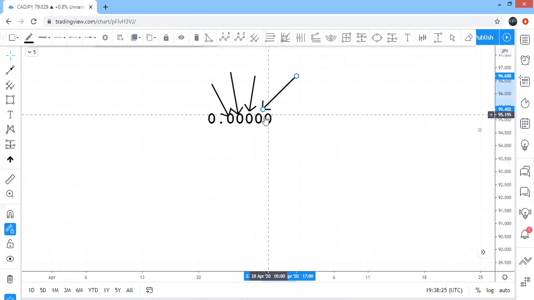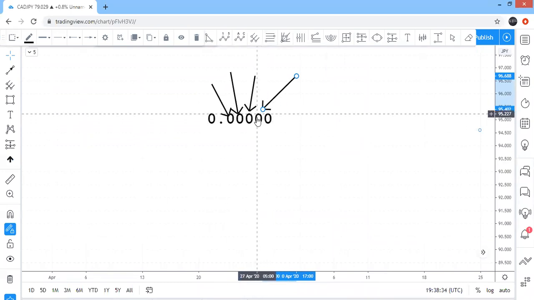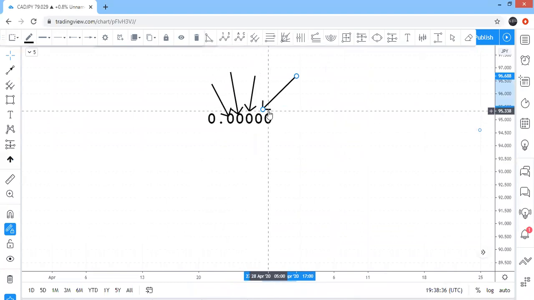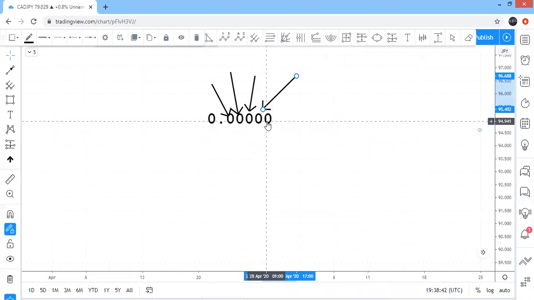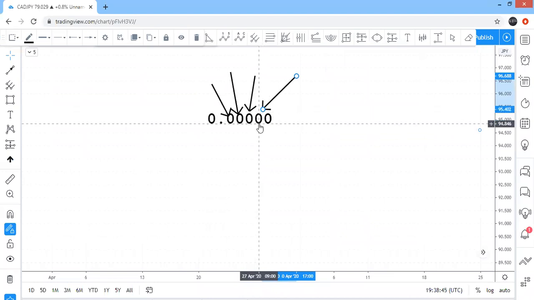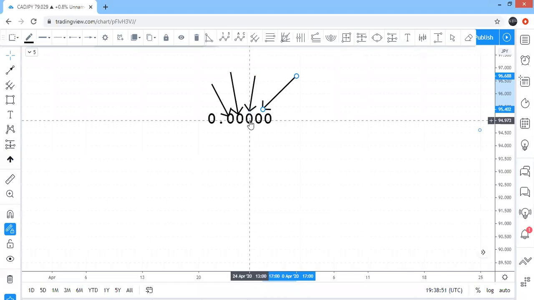So when numbers start turning, it goes from 1, 2, 3, 4, 5, 6, 7, 8, 9. When it gets to 9, it now has the ability to turn the next number up by 1. So then it goes to 1, 2, 3, 4, 5, 6, 7, 8, 9. After it gets from 9 going back to 0, this number now turns to 2. So when this number turns to 9 and it finally turns, this number turns, this one now turns at 1. Okay, so those are the mini numbers that are causing the big numbers to start rolling.